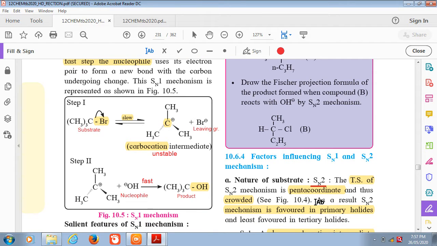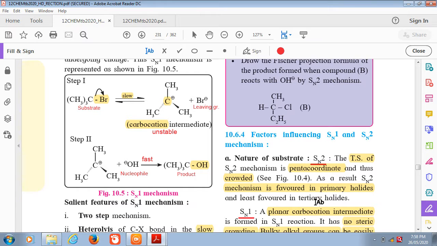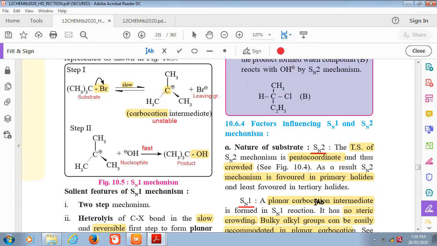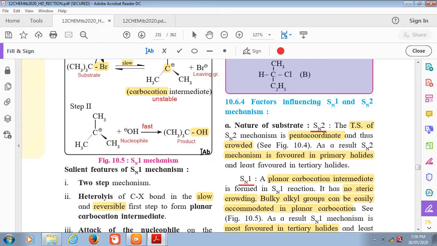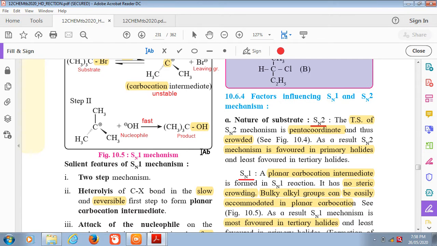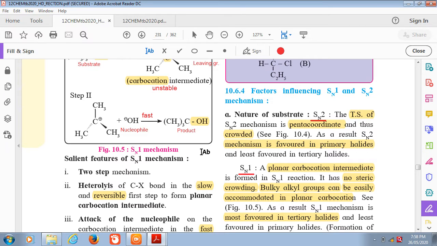So why methyl bromide is a compound which undergoes the Sn2 reaction mechanism, and why tertiary butyl bromide undergoes the Sn1 reaction mechanism, that we have to check by using some factors. So the first factor is the nature of the substrate. If the transition state of the Sn2 reaction mechanism is observed, then